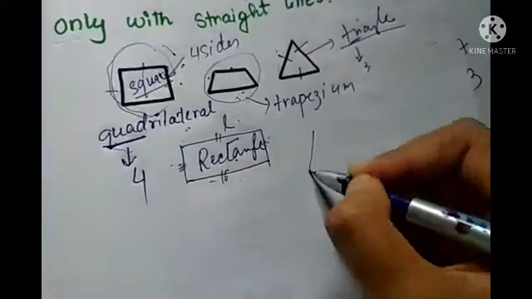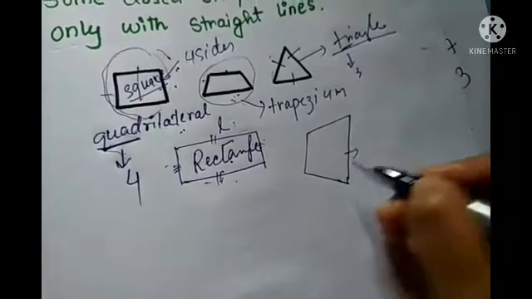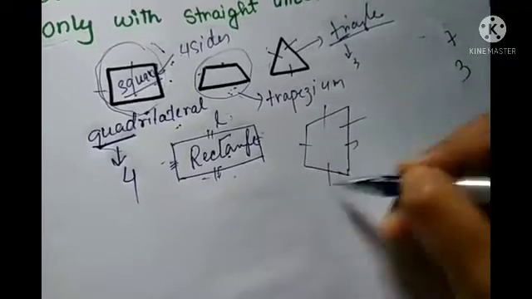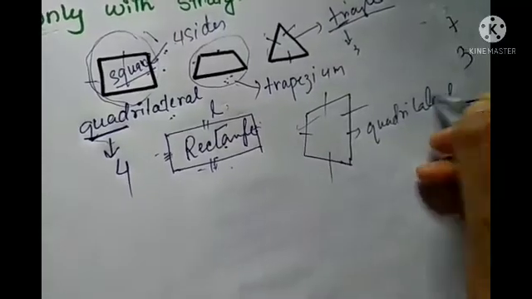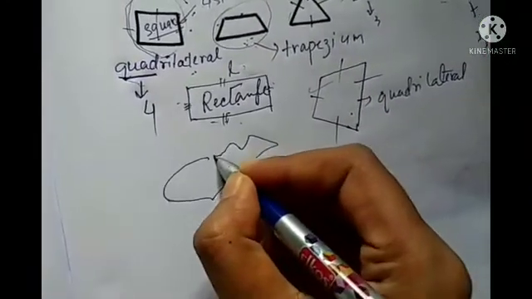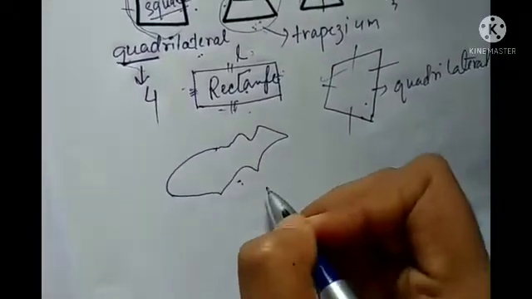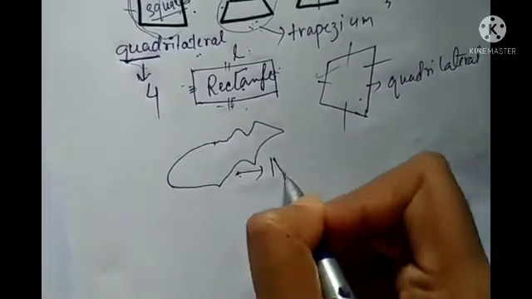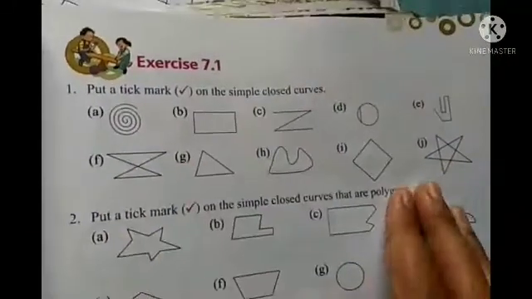And sometimes if I give you this type of figure, you may not know its name, so you simply write the name based on the sides: here 1, 2, 3, 4, 4 sides are there, so you have to write it as quadrilateral, okay? But students, you should remember the line should be straight, then only it will be called a polygon, okay? If it is given something like this, this one is also a closed figure, but is it a polygon? No, because here so many curved lines are used, so this one will not be a polygon, okay?